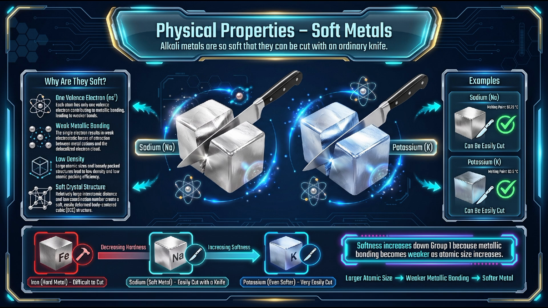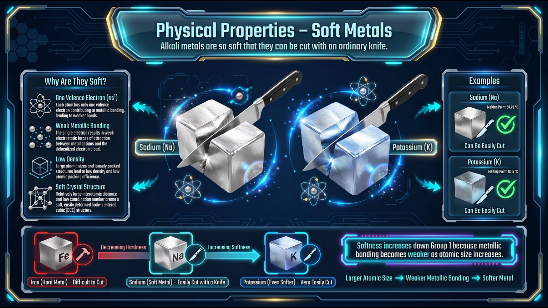It is important to remember that softness is primarily a characteristic of Group 1 elements. Group 2 elements, known as the alkaline earth metals, are noticeably harder. This is because each Group 2 atom contributes 2 valence electrons to metallic bonding instead of 1. The additional electron strengthens the electrostatic attraction between the metal ions and the electron cloud, producing stronger metallic bonds. Consequently, Group 2 metals such as magnesium and calcium are harder, denser, and possess higher melting points than the alkali